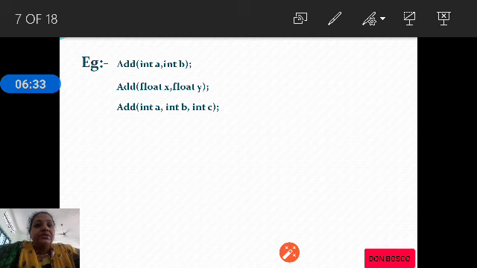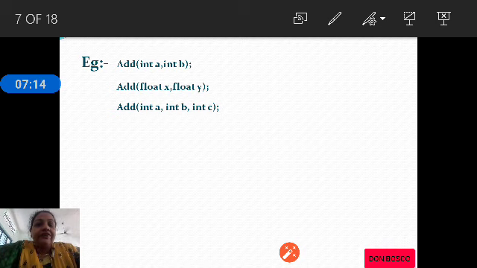Let us check out the difference between all three add functions. The first add function has two arguments. The second add function also has two arguments, but the data type is changed. As explained earlier, a function can be overloaded by changing the number of arguments or the data type used in the argument list. The third add function has three arguments, all of the same type, that is integer.